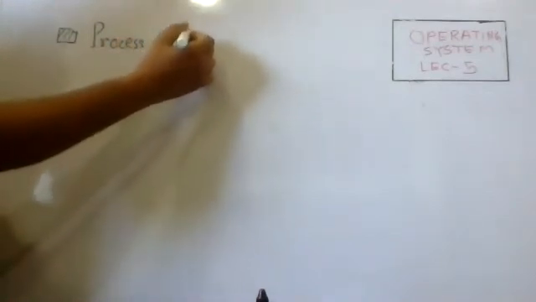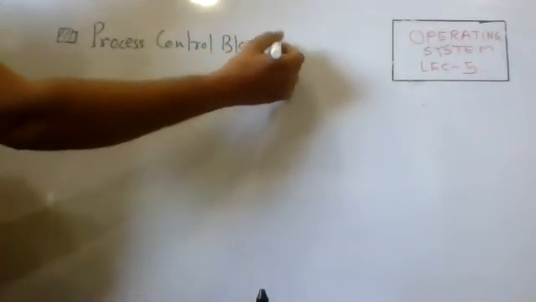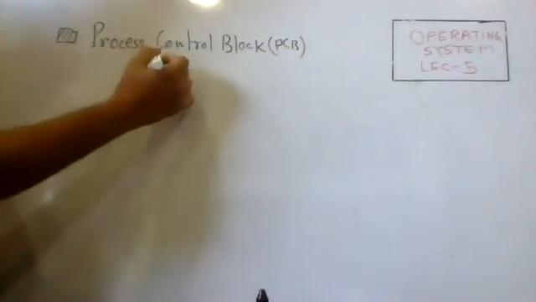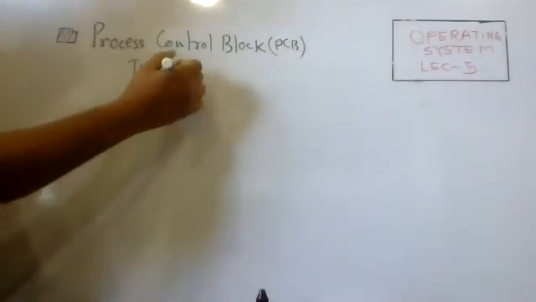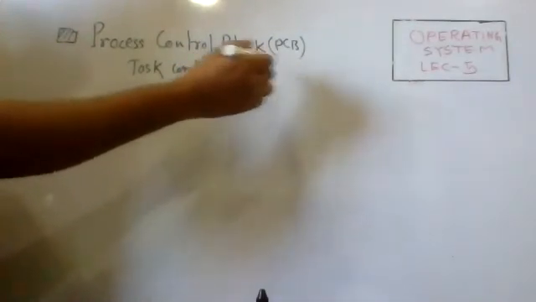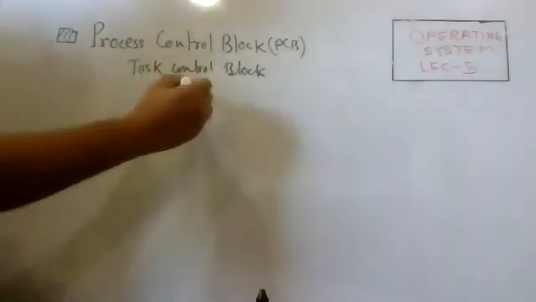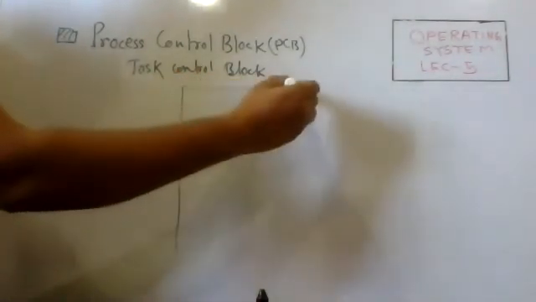So our next topic is nothing but the process control block, PCB, or sometimes called task control block. So basically it is a block where each and every piece of information related to a process is stored. Okay, so this is just like a block,